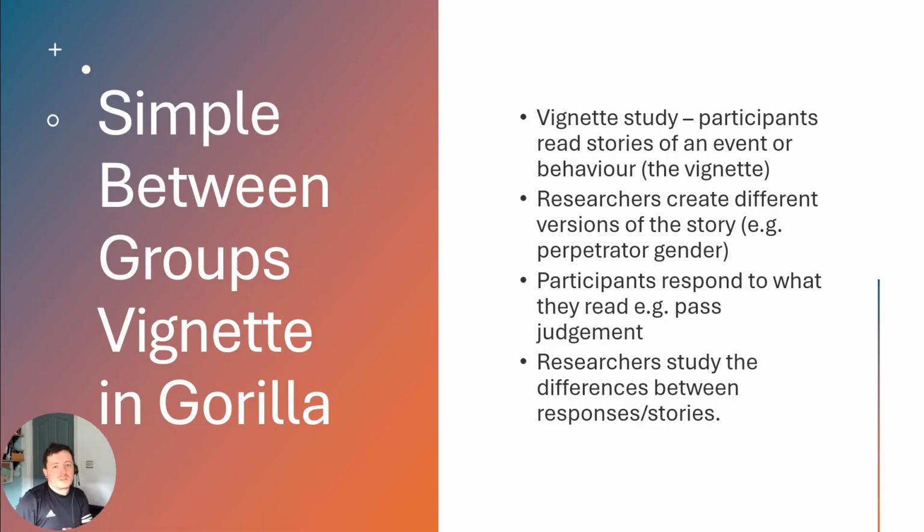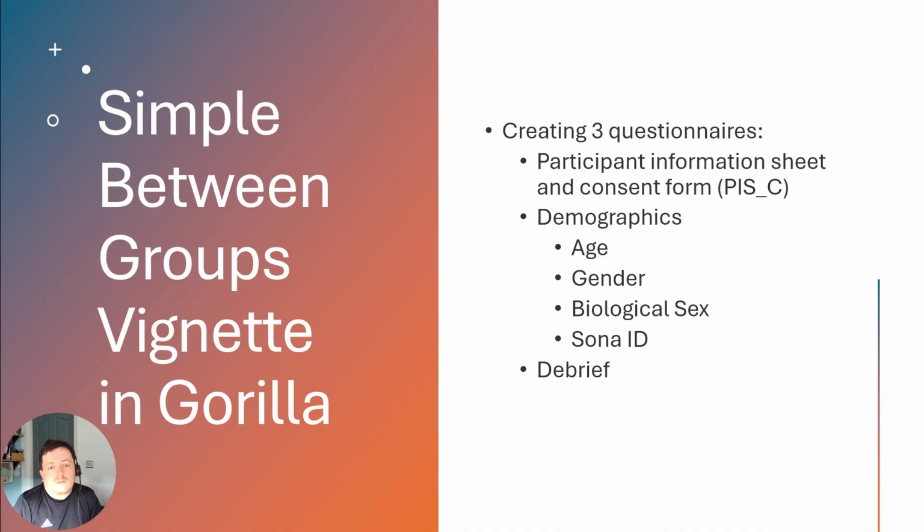And it allows us to look at the differences between different people when presented with specific information. So, for example, how a group of people may react to a male perpetrator of a crime over a female perpetrator of a crime. So before I start to describe exactly how we're going to build this study, I just